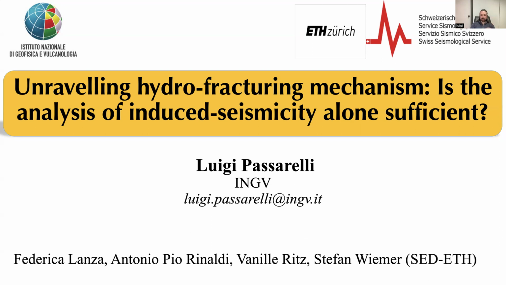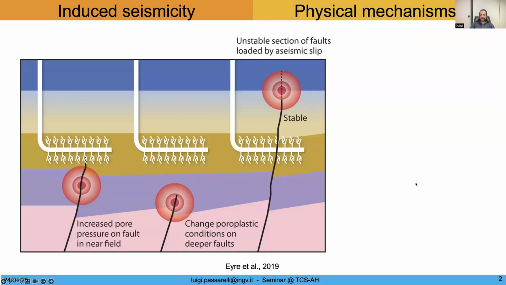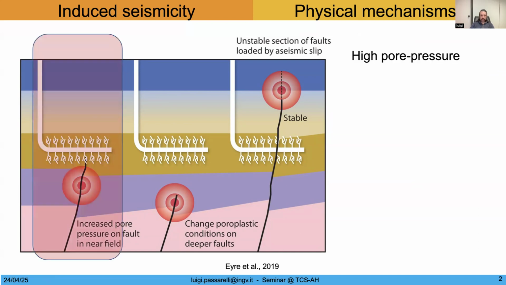I will start with a general introduction on what are the physical processes that one can expect when you do injection experiments. And particularly, I will focus on geothermal systems where injection is done to enhance the fluid flow circulation at depth. And in this slide, I will just walk through the main physical processes that can generate seismicity. The first and the most known one is overpressurizing the system, increasing the pore pressure on faults that